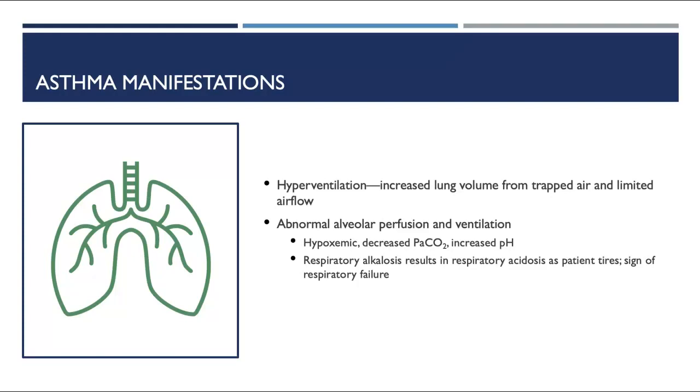Early on, the patient may experience hypoxemia with lowered PaCO2 and elevated pH, respiratory alkalosis, due to the hyperventilation. As airflow restriction worsens and air becomes trapped, the patient exerts more effort to breathe. Initially, the PaCO2 levels normalize as the patient tires, but eventually they rise, leading to respiratory acidosis. An increasing PaCO2 level and a declining pH signal the onset of acute respiratory failure, indicating a critical condition.